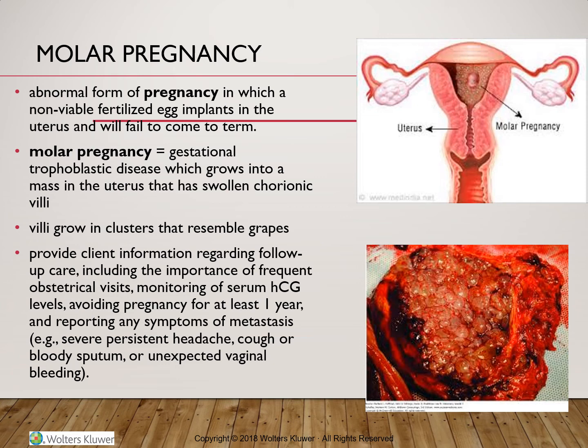One is partial and one is complete. In both of those, there is an error in the chromosomal duplication during fertilization. As a consequence, instead of developing as a normal fetus and supportive structures, the product of conception will develop as a grape-like, hydatidiform swelling of the chorionic villi and a trophoblastic hyperplasia. When there is no fetus, that's called a complete mole, while when there is some fetal tissue with chromosomal abnormalities, that will be called an incomplete mole.